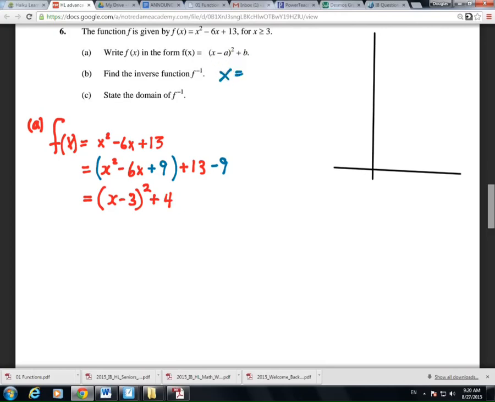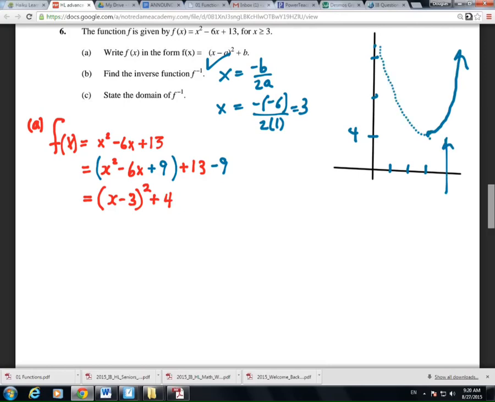Now, it's important not just to do the algebra, but to make sure we know what's actually happening. And so we're looking at a parabola that's supposed to be only when x is 3 or greater. So I'm going basically from the vertex and then to the right. The other thing to remember is a parabola can be transformed using shifting. So I shift the parabola y equals x squared right 3 and up 4. And so